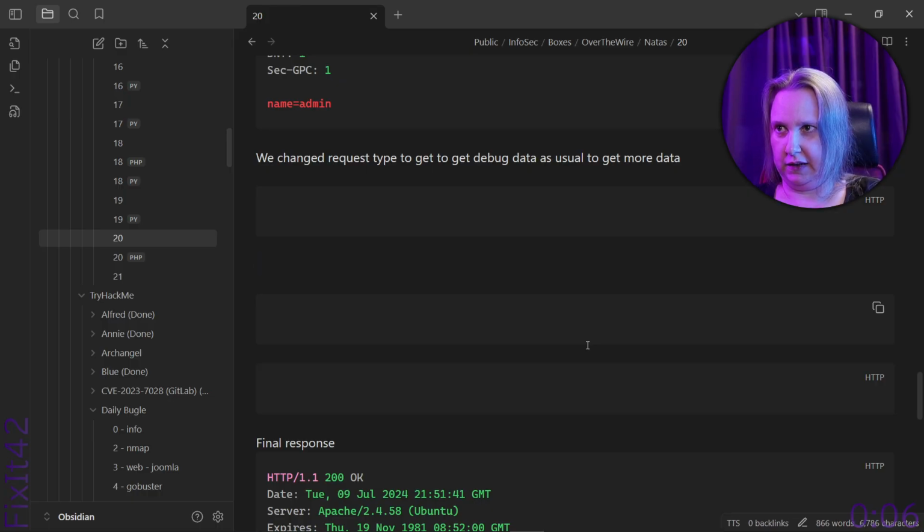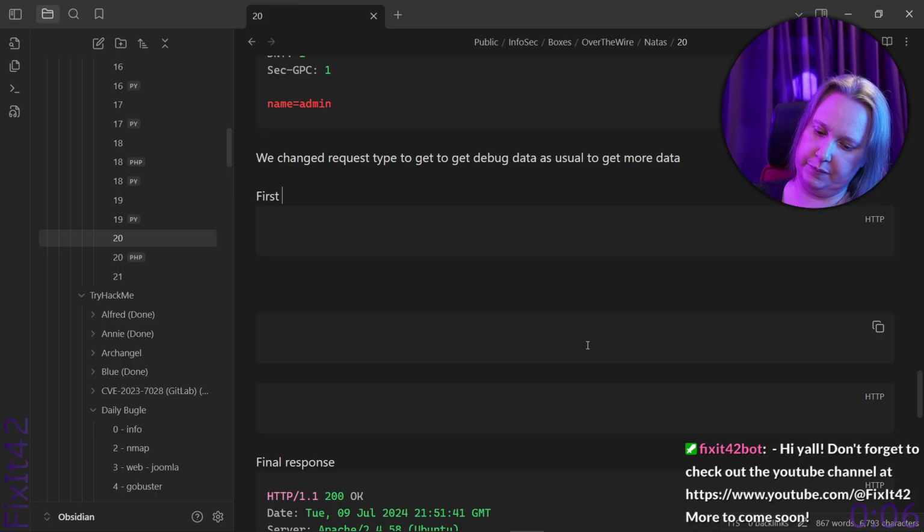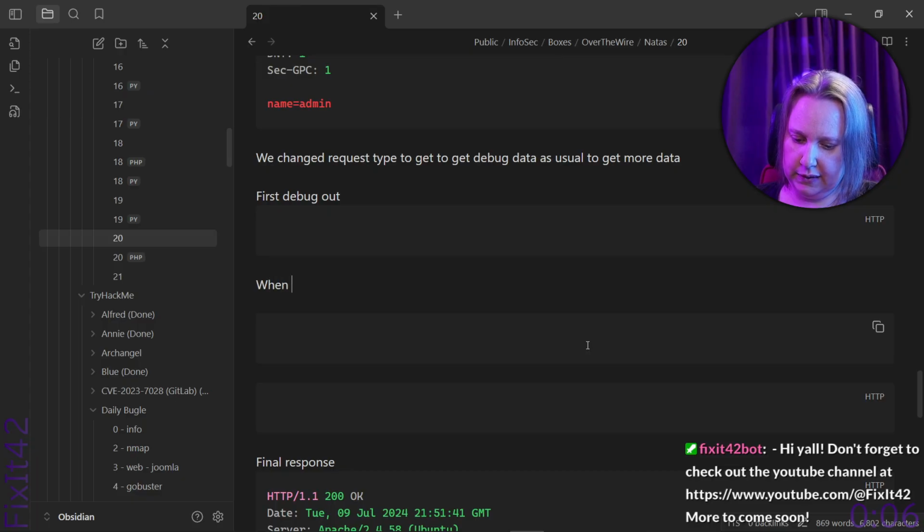Let's just explain it instead. We change request type. First, debug out. So I'm going to add that later. Then we do, when reading the output of a few requests,